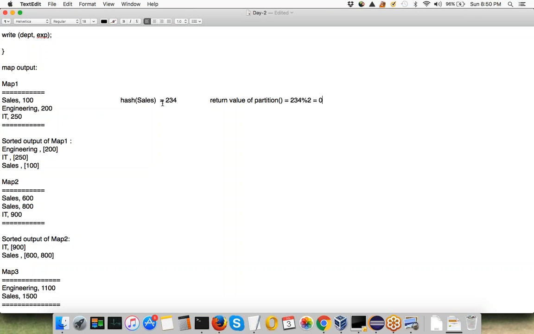Is that right, guys? So if hash of sales is 234, or it could be any random number, but whatever it is, it will just mod it with 2 because 2 reducers are running and it will return the result. So at this stage, the framework knows that I need to send this record to reducer 0, right? Now